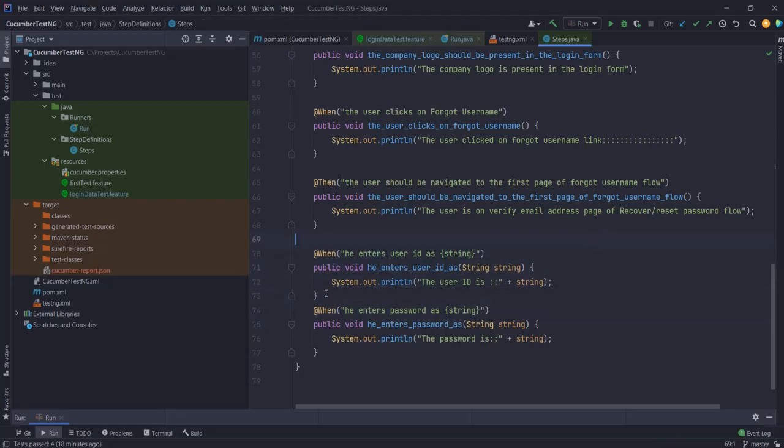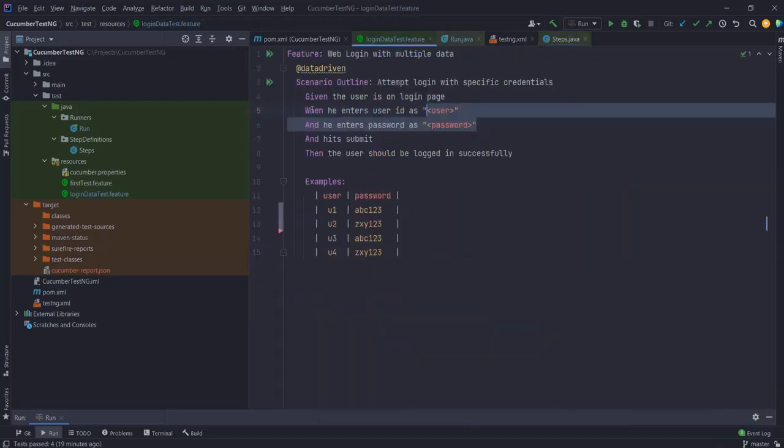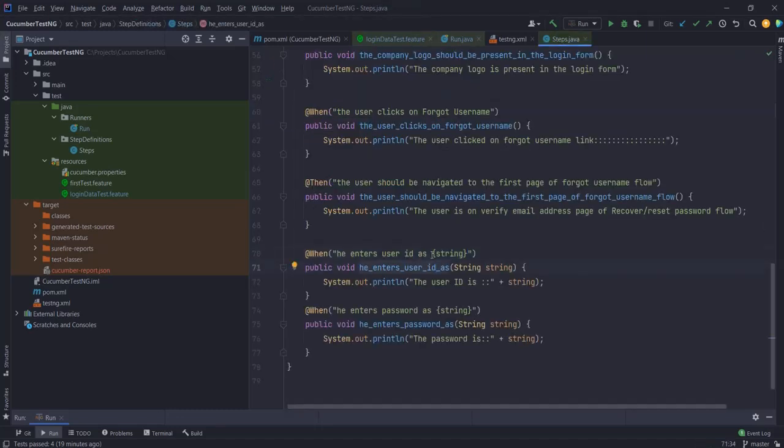If you compare this particular when to this particular then, you can see that in this then I do not have this string section, this string within parentheses. This is because this particular when corresponds to my login data tag. This corresponds to when he enters user ID as user. Over here it signifies that this portion of my statement is a string variable.